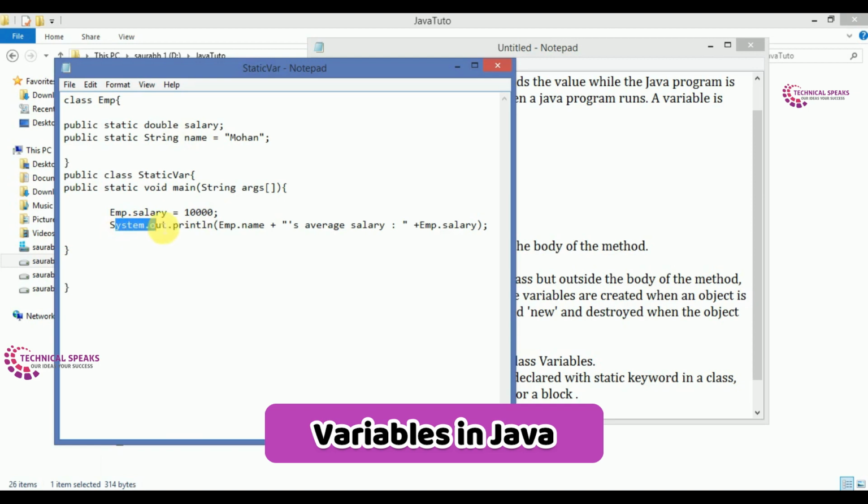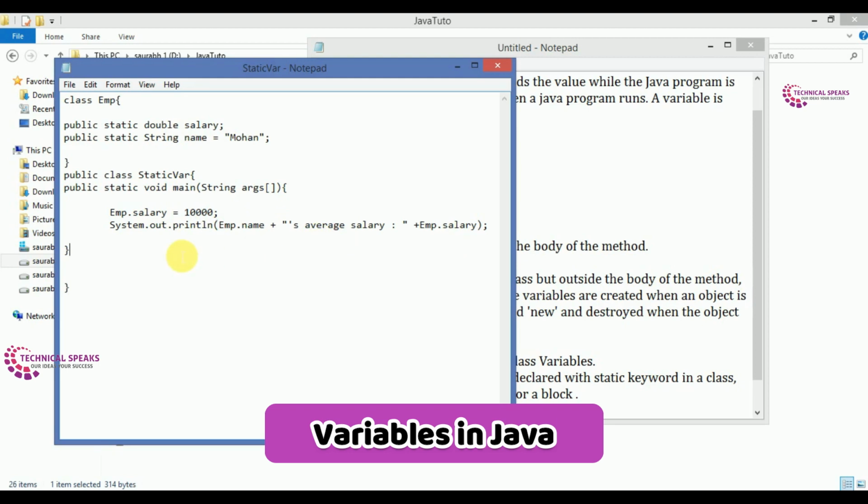So we just print here system.out.println imp.name, imp which is class name, okay, and under the class it just finds the name variable which it got from here, Mohan, and then this is the text which is shown at the output, and this one is imp.salary. Imp here is the class, okay, and salary is the public static double salary variable which we declared, and we just pass the value imp.salary here is 10,000.